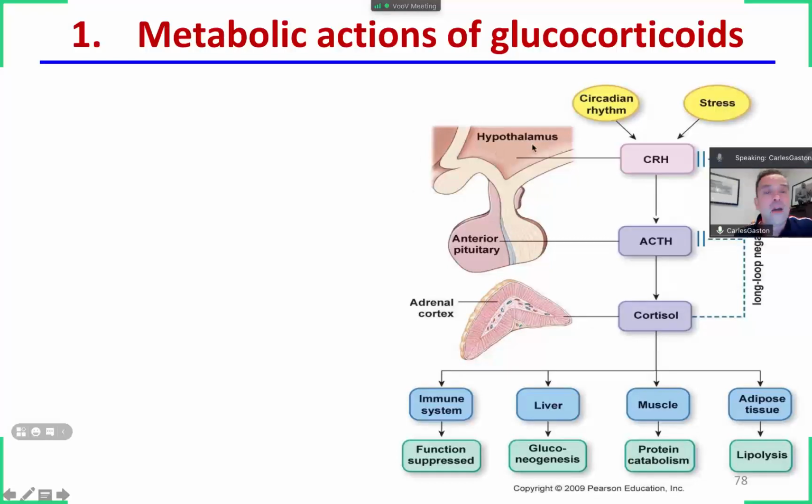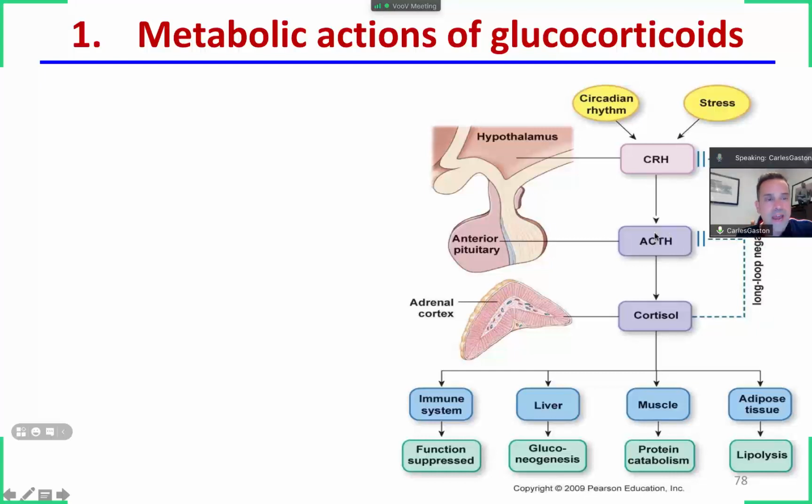I told you, the hypothalamus integrates signals: stress, daylight, circadian rhythms. Then it will tell the neurons to produce CRH, which in turn will tell the anterior pituitary